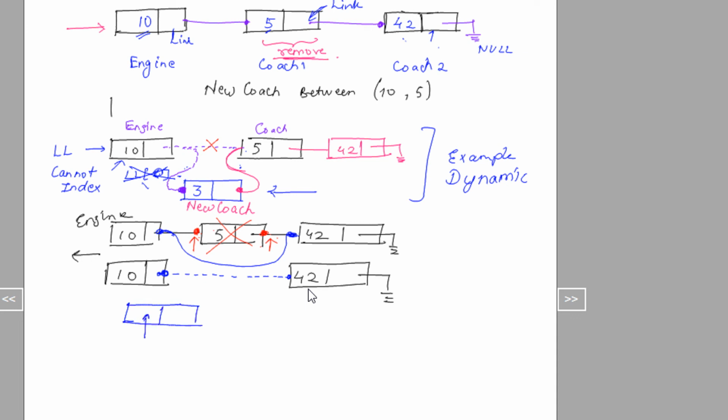We had data here and the link here, right? So let's say the data was 10 here, and we had a link here, connecting to all the links in the end, and everything was a data and a link. And as we said, in the example of a goods train, we had an engine here, right?